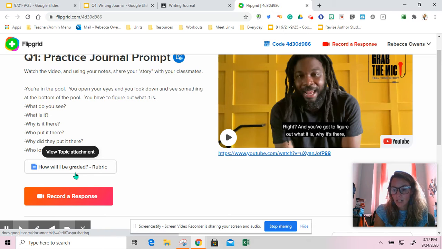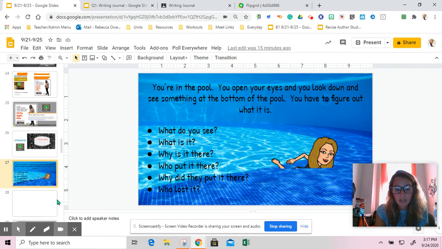Now, I also see that there is an attachment. How will I be graded? You're going to want to open that up and review that rubric. We haven't gone over that as a class, but you can go over it to see what I'm looking for, and that's what you're going to practice on the Flipgrid. So make sure that you open that up and you look at that. You'll see